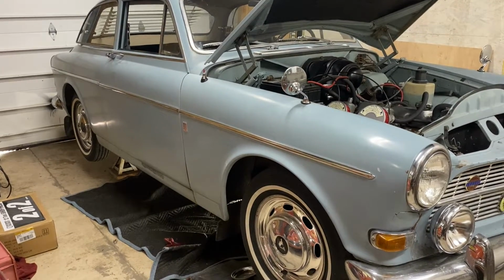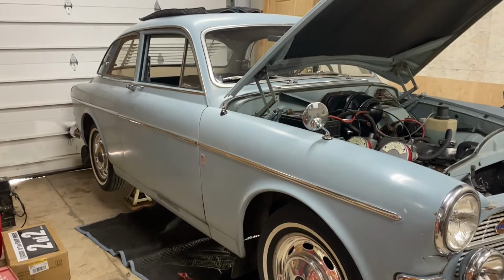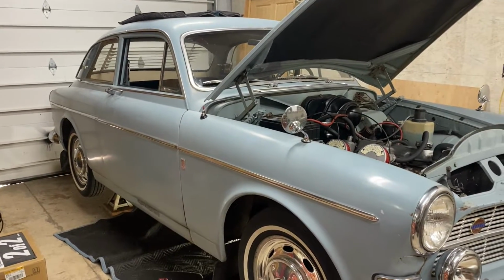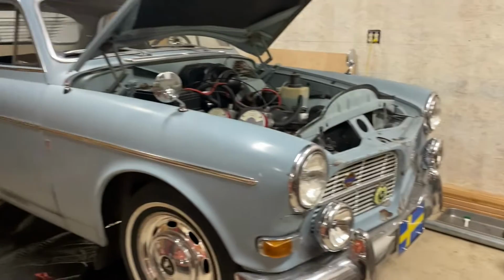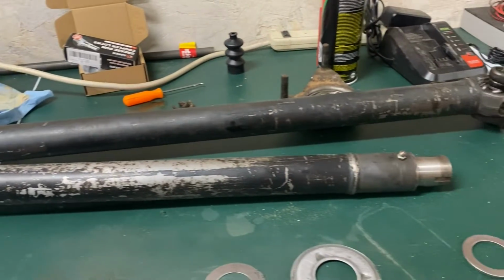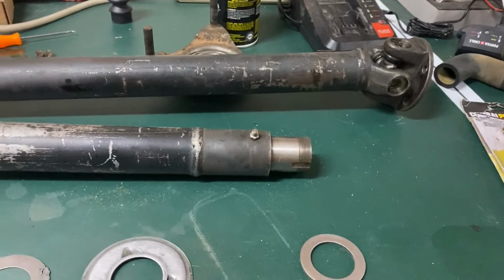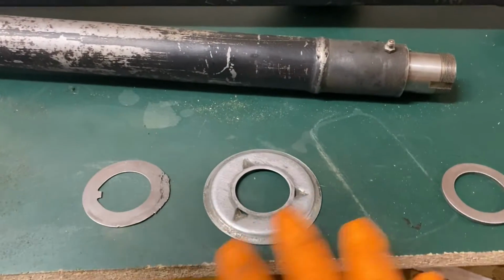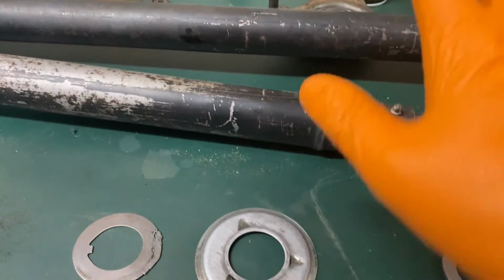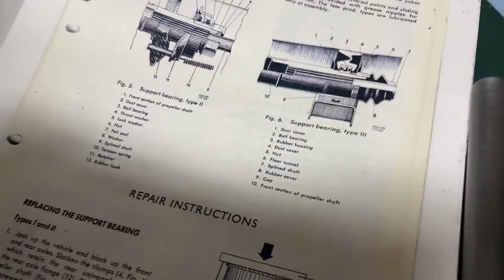All right, it's been about 4 days, and this is day 75 of the Volvo transmission driveline project. And I've cleaned up some of the aftermath, and we've actually got the driveline here, and it's ready to go. Not painting it or anything, just kind of keeping original for now. But we've got all our bits cleaned up, and we've got our new U-joints in, and I'm looking at the diagrams here, and we